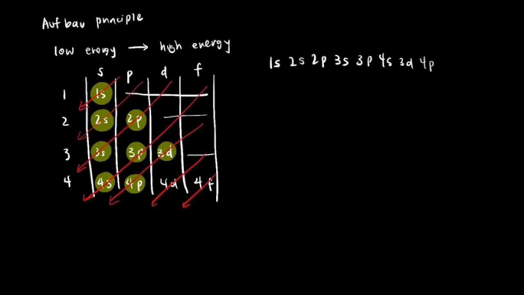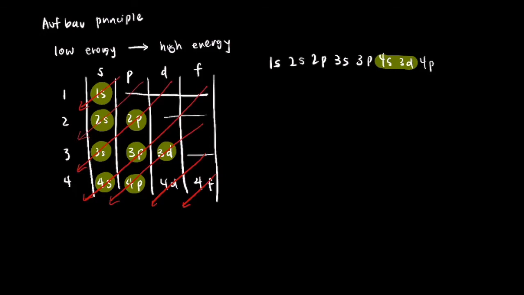And this is where we usually stop because we rarely see atoms that go beyond, but you could continue to write down the 4d and 4s sublevels if you like. So this is the order of orbitals from low energy to high energy. And it seems pretty straightforward with the exception of the 4s and 3d orbitals. So when we are filling in electrons, we have to fill in the 4s orbital before we fill in the